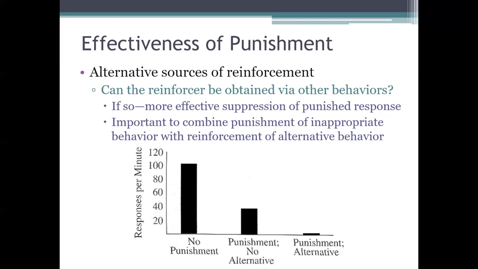And so, guys, findings like this bring up a pretty important principle with punishment, which is that it's a good idea to combine the punishment of an inappropriate behavior with the reinforcement of a more acceptable, more appropriate alternative. So, for punishment to work best, it's often important to figure out what it is that's been maintaining this behavior. What is the reinforcer that's been motivating this behavior in the first place so that you can provide another way for the person or the animal to get that reinforcer? So, for example, if your dog is chewing stuff that it shouldn't be chewing, then you could give it something more acceptable to chew on, like a bone or a toy of some sort.